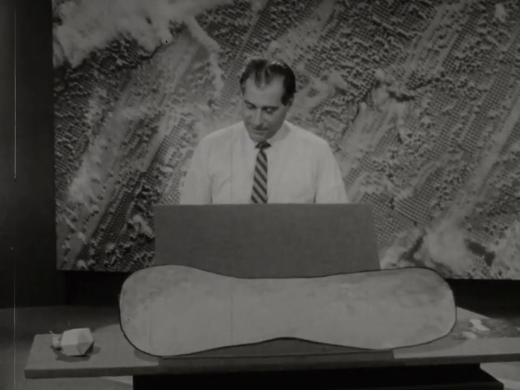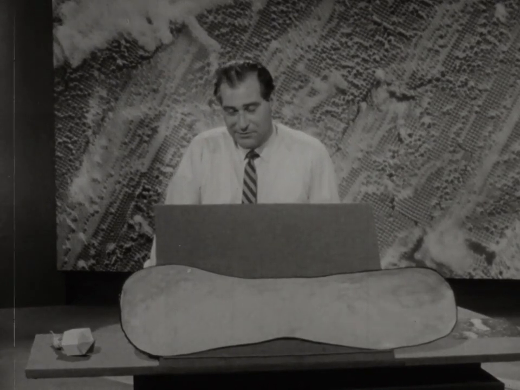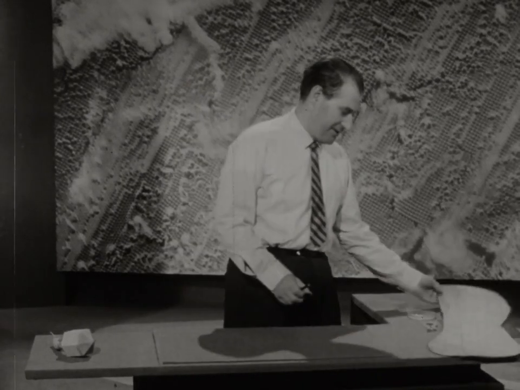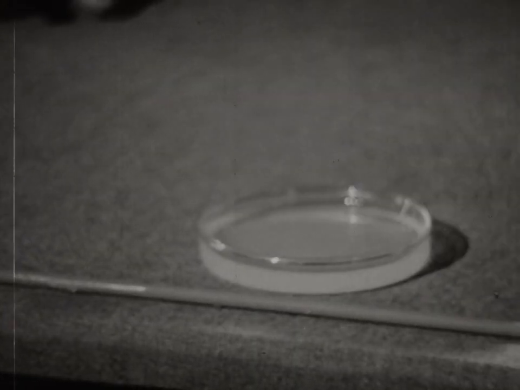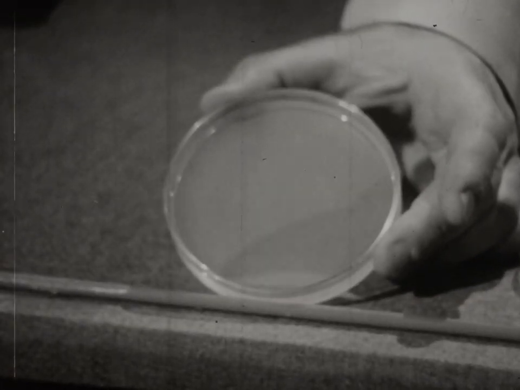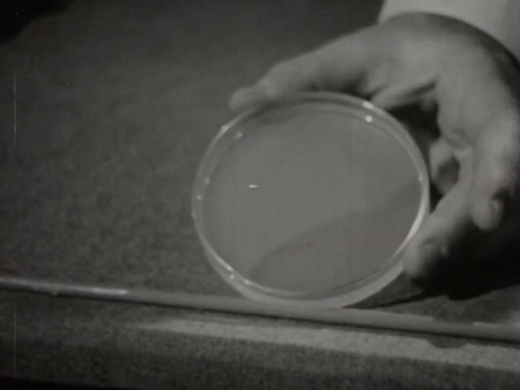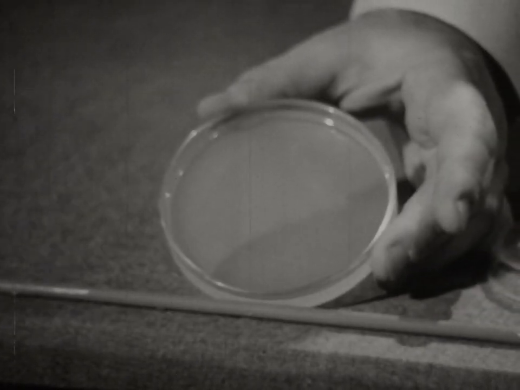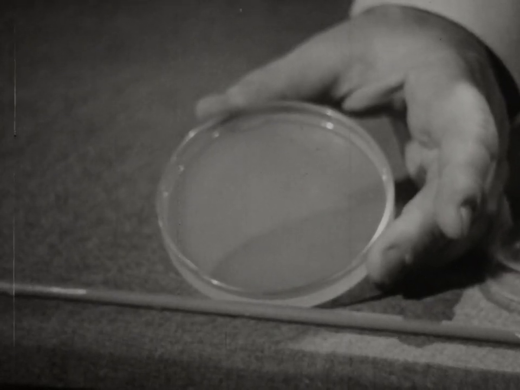Now let's consider how we actually count the number of virus particles which we may have in a given sample. For this purpose, we take such a glass dish which is filled with a nutrient jelly. On the surface of this nutrient jelly, we place about 1 million bacteria of the type, in our case E. coli, Escherichia coli, of the type that is sensitive to the action of the virus which we wish to count. And at the same time, we place on the surface of this agar, of this nutrient jelly, a few hundred virus particles. This plate, containing the bacteria and the viruses, is then placed in an incubator at 100 degrees Fahrenheit